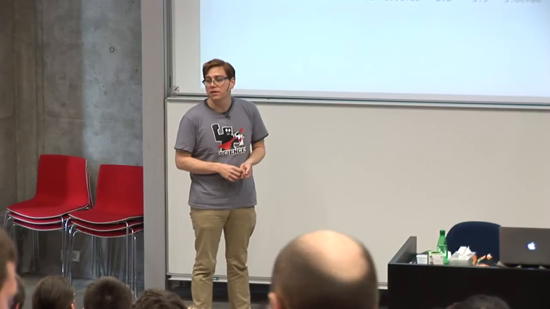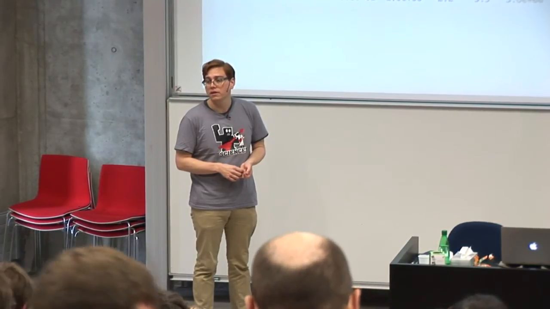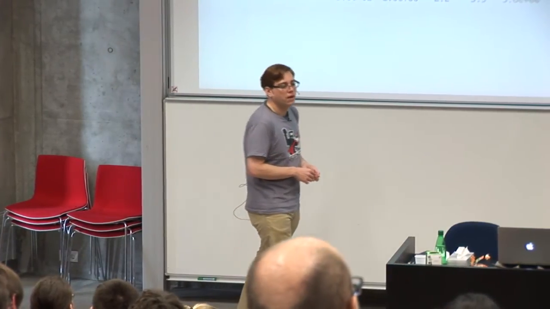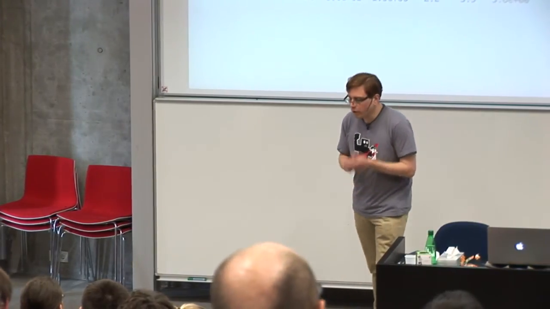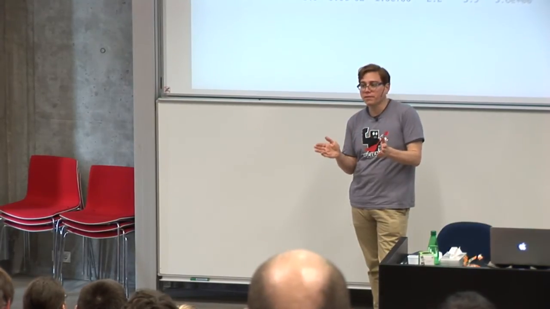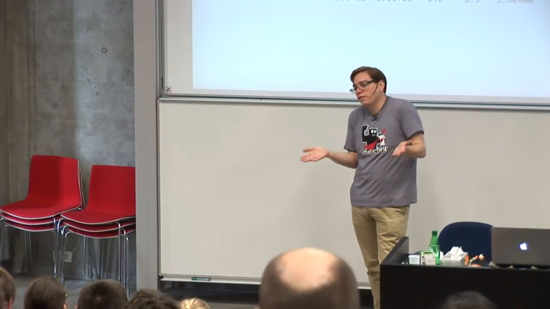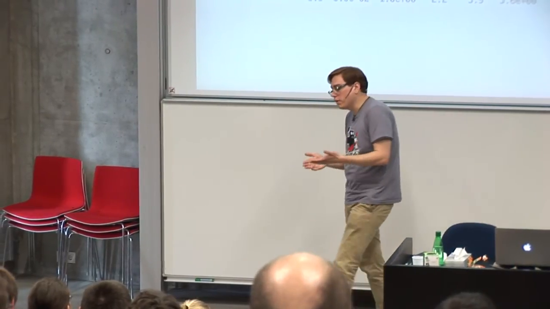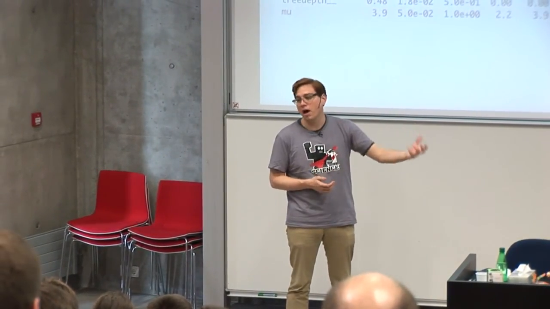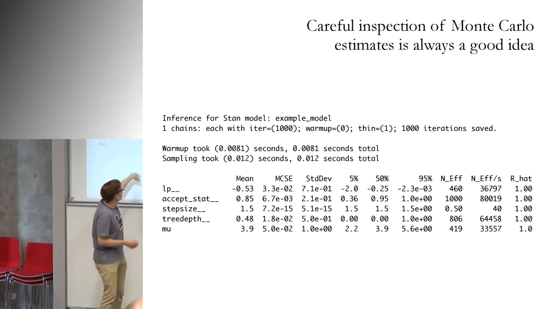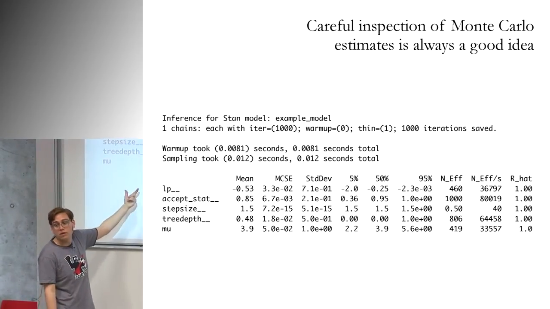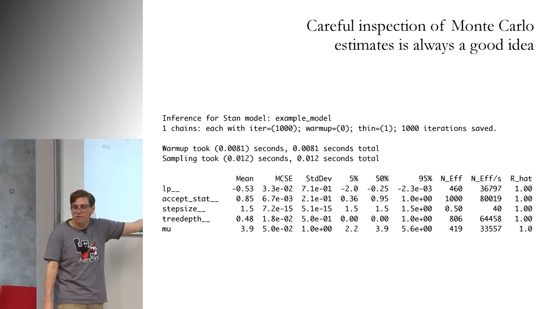So what do you think of this practice that everyone just computes an ESS for every one of the covariates? Well, okay, so the question was, people will often just take the mean of all the covariates and just look at that. If all you care about is the means, then that's what you should be looking at. If you care about some other statistic, if you care about some combination of the variables, then you have to look at that combination of the variables. So for example, if what I cared about here was not mu, but mu squared, or some nonlinear transformation of mu,